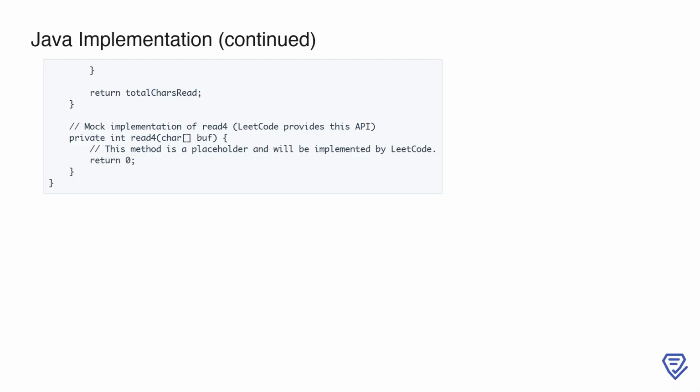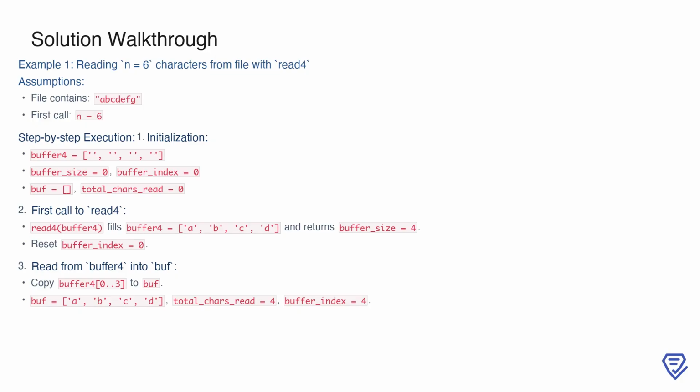In practice, this method reads up to 4 characters from the source and returns the count of characters read. Here, it's implemented as a stub, always returning 0, since the actual logic is abstracted away and handled by the LeetCode platform. This design ensures that the focus remains on how to manage multiple calls to read effectively using the internal buffer. To begin, let's walk through an example where we want to read 6 characters from a file containing